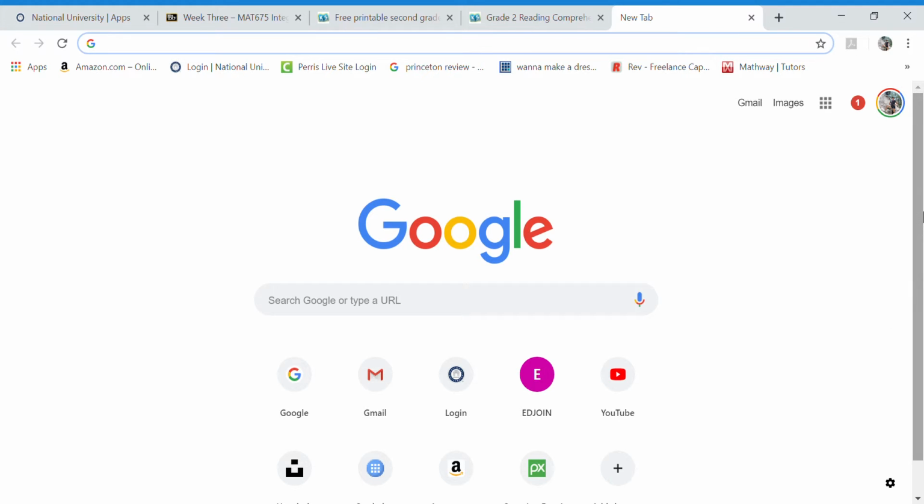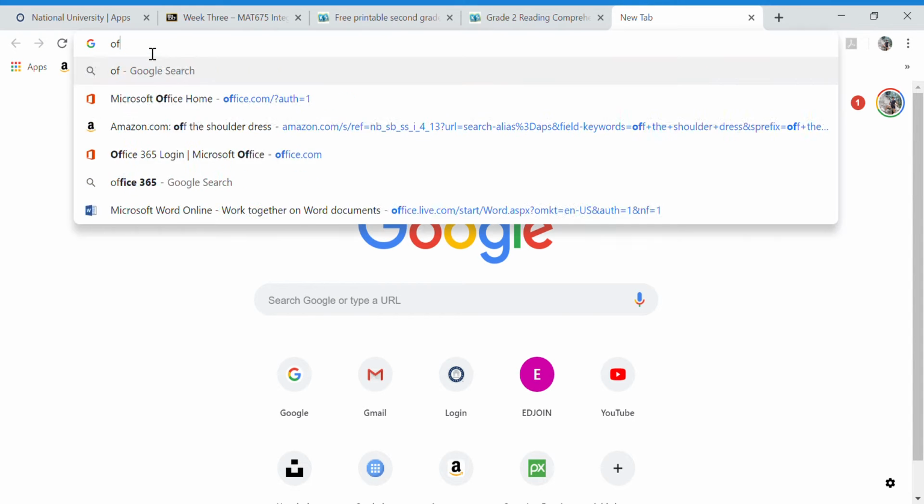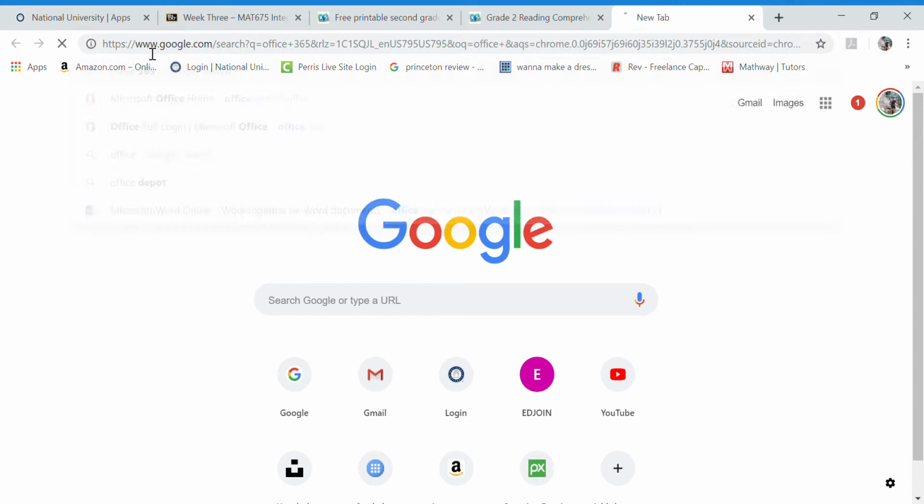Good morning. This is a tutorial on how to use Immersive Reader in Office 365. So we're just going to start from the very beginning to see how to get in there. Immersive Reader is only available on the online version of Office 365. So you will not be able to use the app that's installed on your computer. You have to actually go to the online version